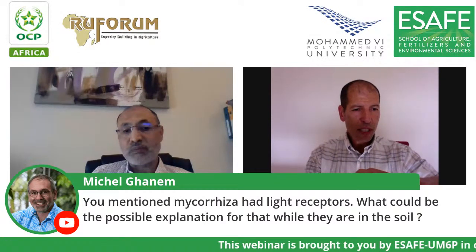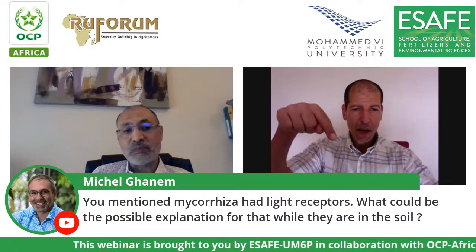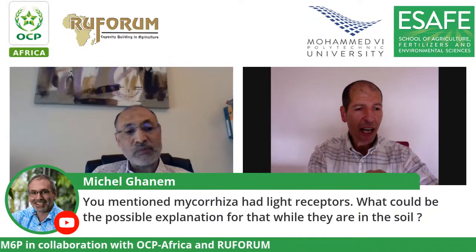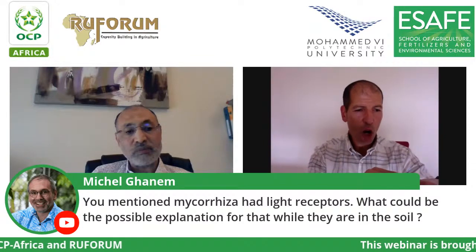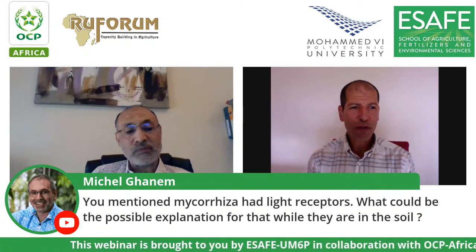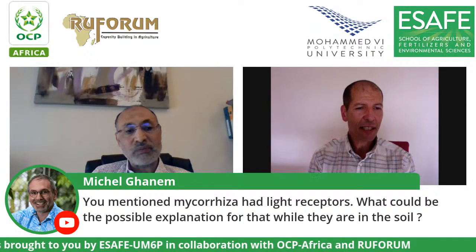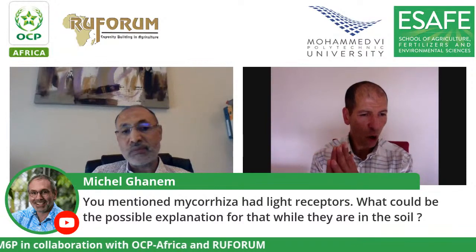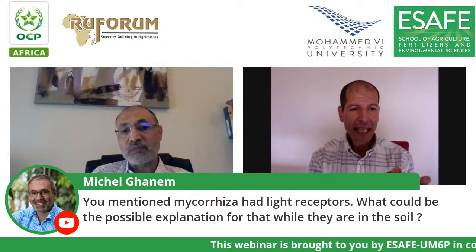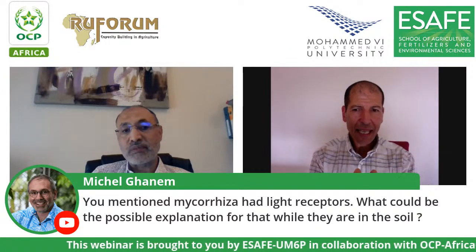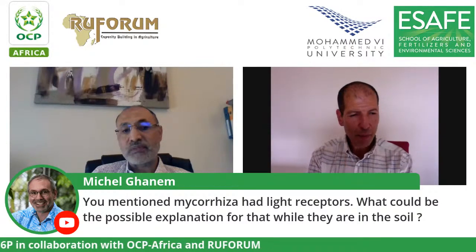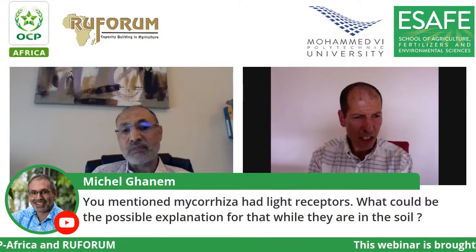And because the blue light doesn't have any penetration in the soil, mycorrhiza fungi are able to grow somehow in the interface of the soil surface. In the 80s, a group in the United States tested all the different wavelengths of light on mycorrhiza growth for germination. They screened all the wavelengths, and they observed that at a certain wavelength and a certain exposition, typically between 10 minutes and 20 minutes, with blue light,